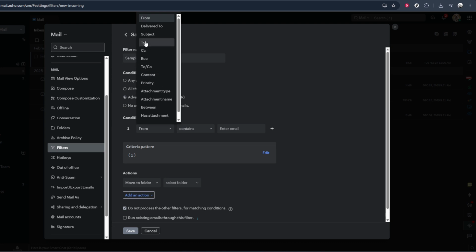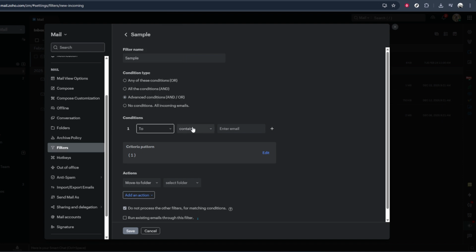This is what Zoho Mail will do when a message meets your conditions. Common actions include moving the email to a specific folder, marking it as read, applying a tag, or even flagging it. You can usually combine actions, so you might move the email to a folder and mark it as read